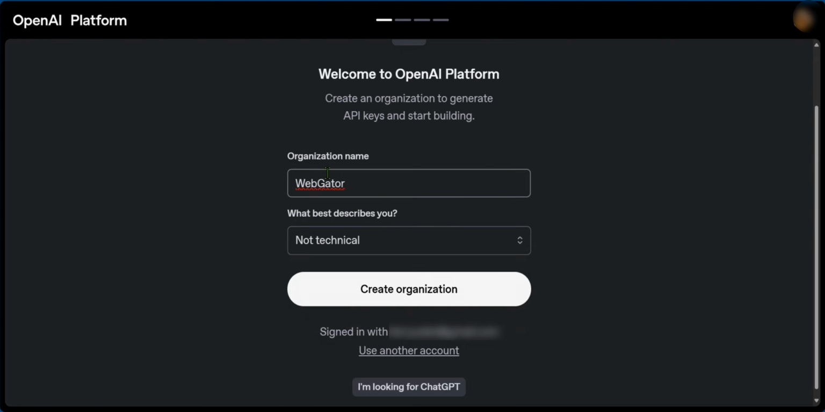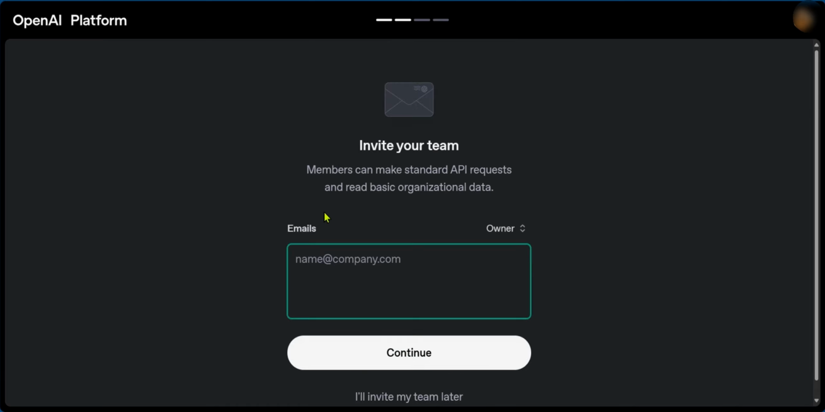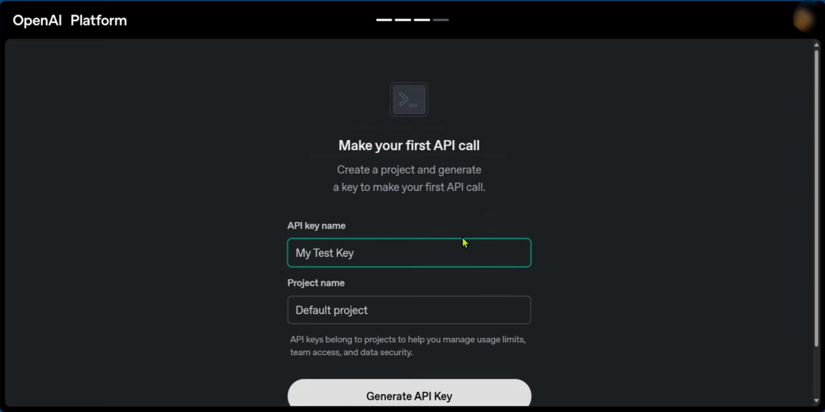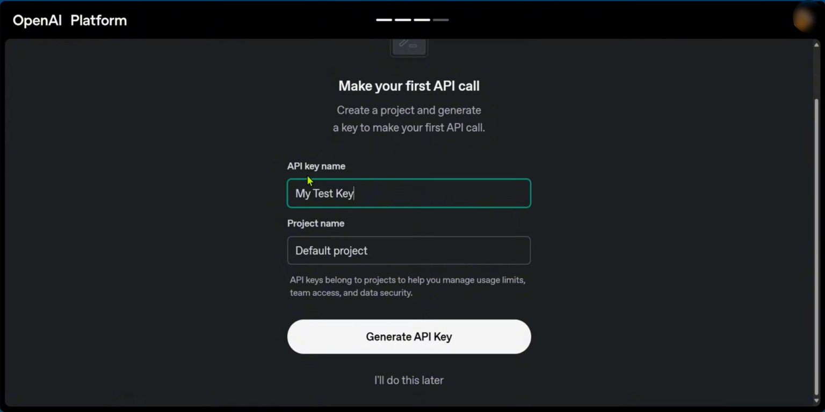So we have a random name, WebGator, but for you, you might want to use a good name that fits your organization. So go ahead and click on Create Organization. And then on this page, you get to invite your team. If you want to do that now, you can put the emails right here or decide to invite your team later. We will be choosing this option, invite my team later, and then you're going to have to give your